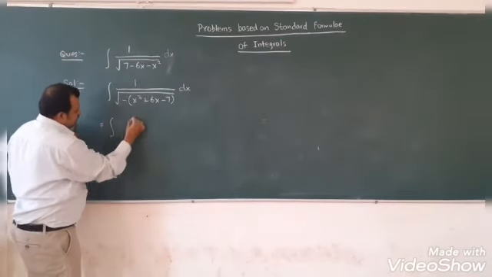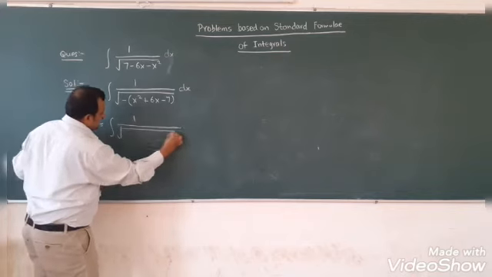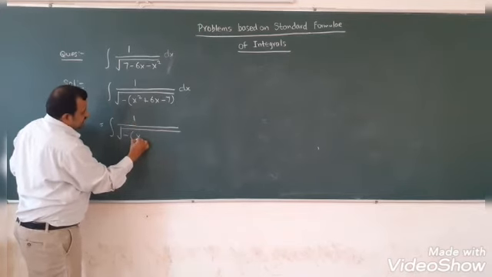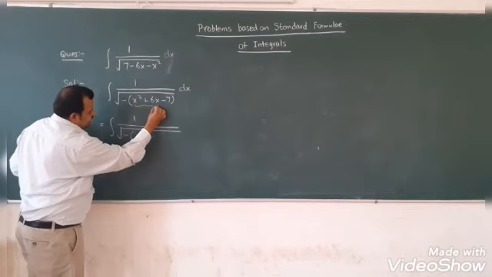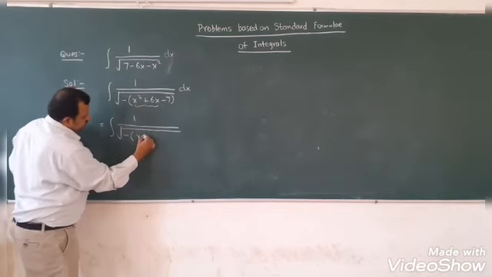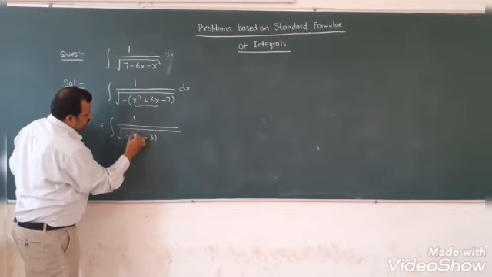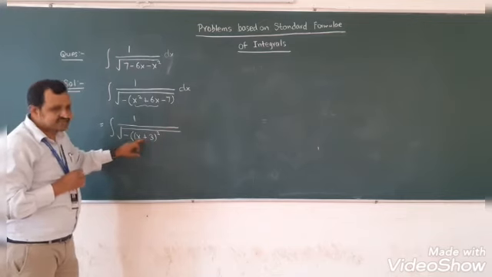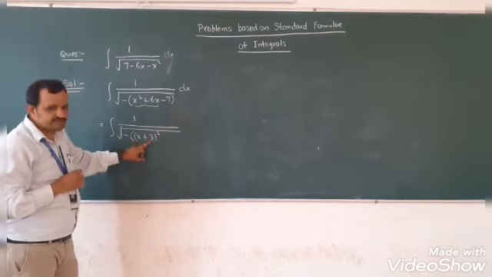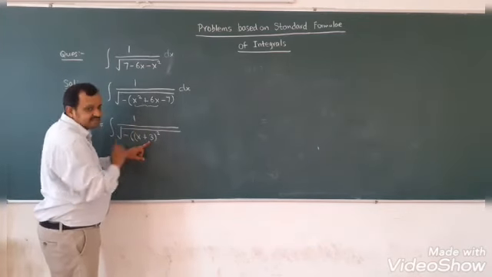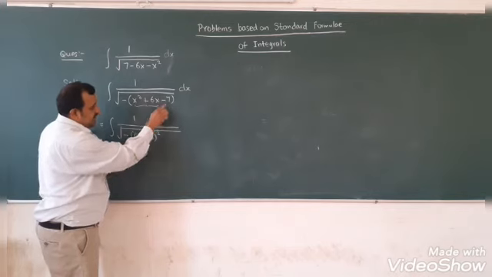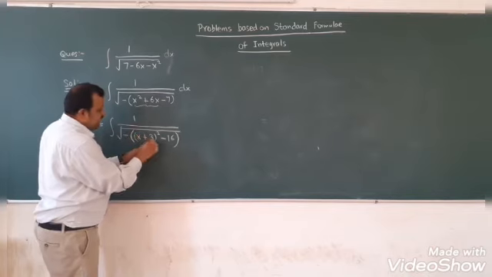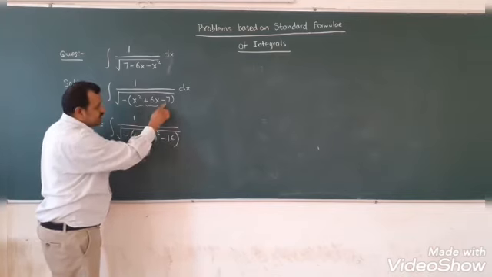So can we say this as 1 divided by square root of, minus, x square, or can we write this as x plus 3 whole square? Can we write or not? Expand this: x square plus 6x plus 9. 9 is here, and I want minus 7. So can I say minus 16 or not? 9 minus 16, calculate, you will get minus 7.